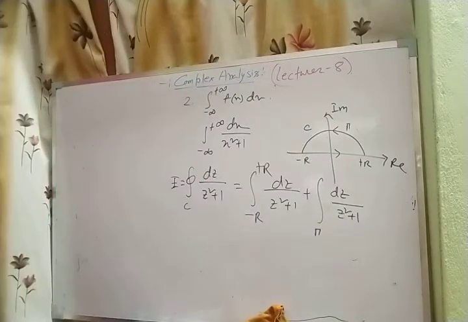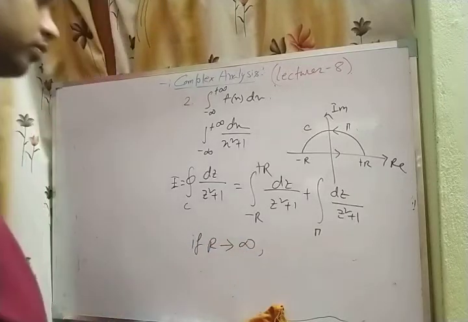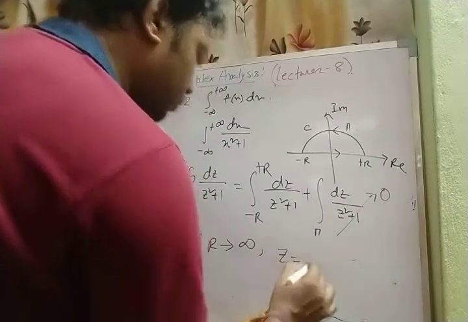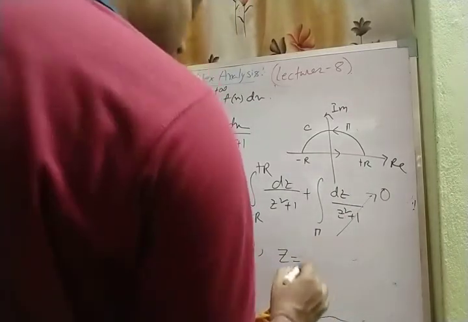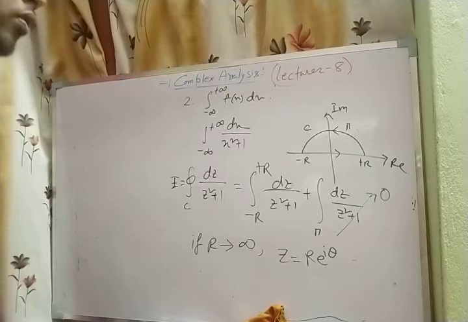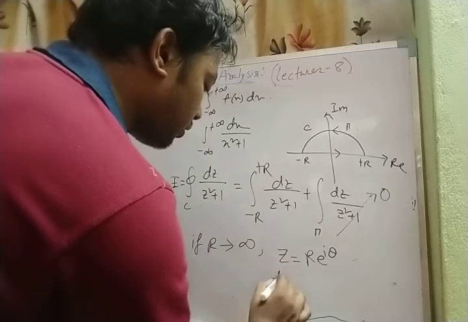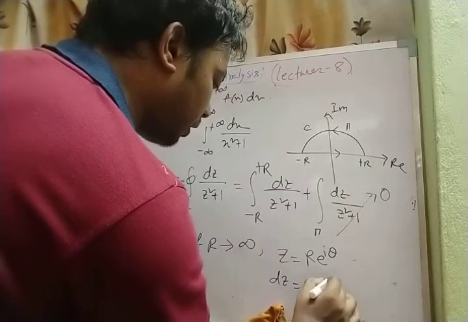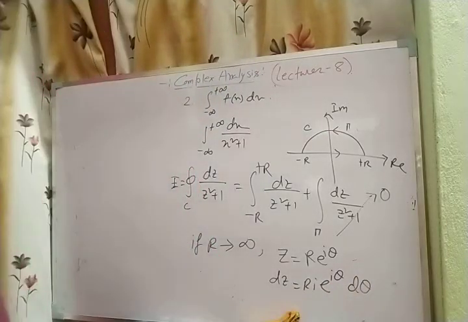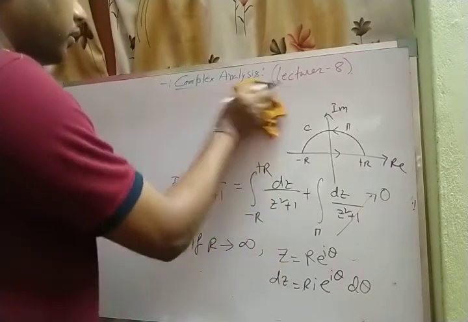Okay. Now if r tends to infinity, this integration tends to 0. You can easily find this out by putting z equals r e to the power i theta into this. You can easily find that this integration tends to 0 when r tends to infinity. Now dz equals r i e to the power i theta d theta. So by putting this into this, you can write